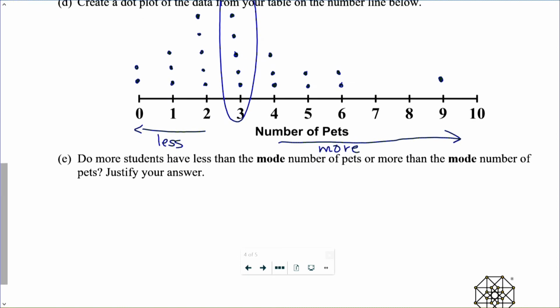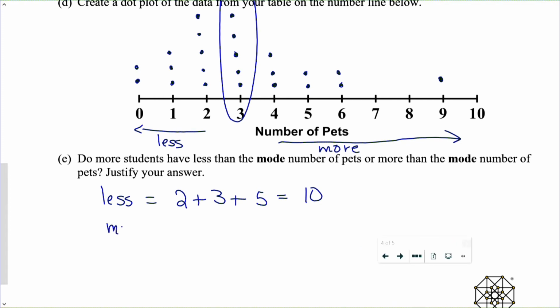So the ones that have less are the ones that have 0, and there were 2 of them. 1, there were 3 of them. 2, 1, 2, 3, 4, 5, there were 5 of them. And that's going to be 10 people, or 10 students. Now the ones that have more than the mode number of pets, well, that's going to be the ones that have 4. That's going to be 3 of them. 5, 2 of them. 6, 2 of them. And 9, 1 of them with 9. So that's going to be 5, 6, 7, 8. So, simple enough, more have less